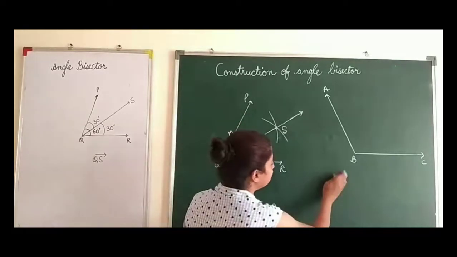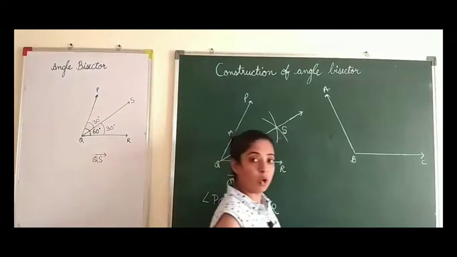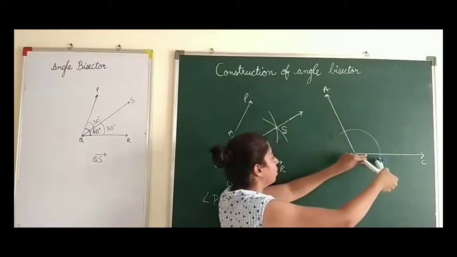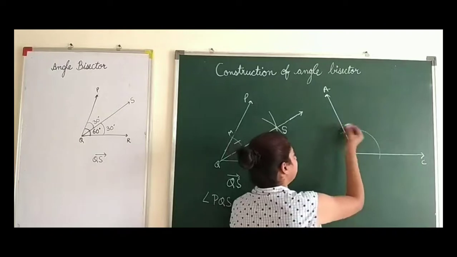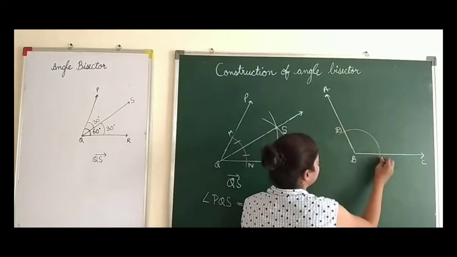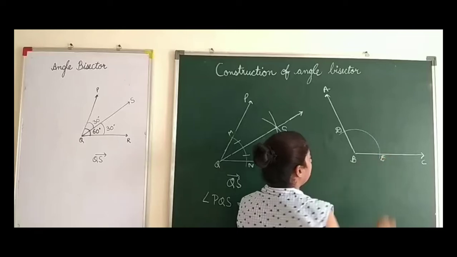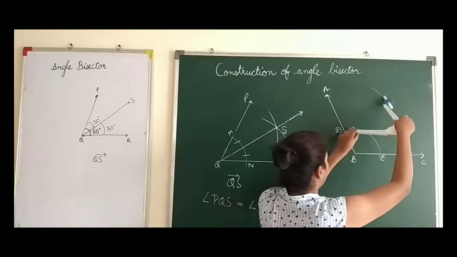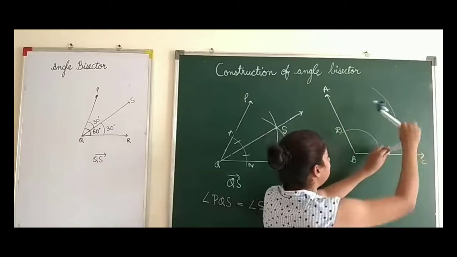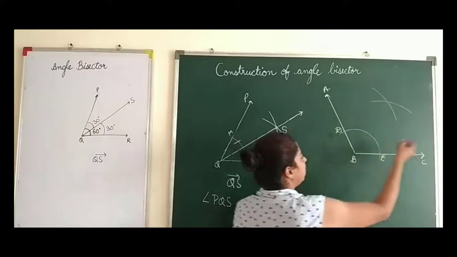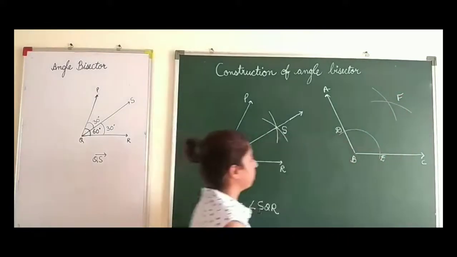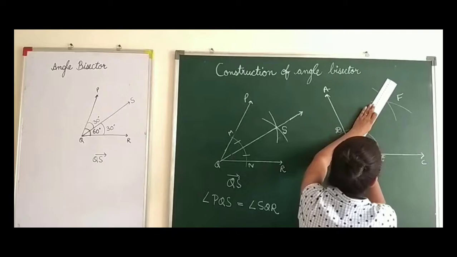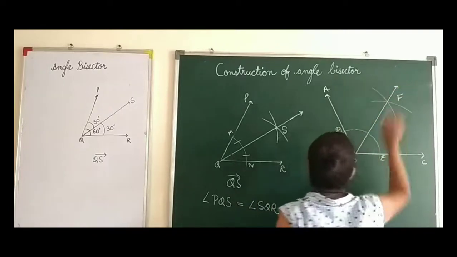Okay, now let us see this angle ABC. We follow the same method. Keeping D as radius, cut both the sides, give it any name, say DE. Now keeping D as the center, extend this, draw an arc. Now keeping E as a center, cut the arc. Give it any name, say F, and then join BF.